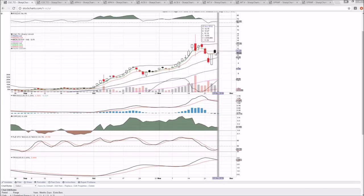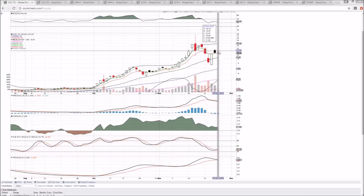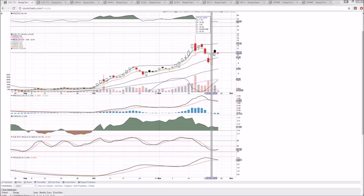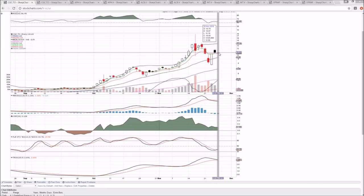So when you see a gap up of 10%, you do not want to be buying that gap up, especially after you saw 25% the day before. So essentially, you're buying into a move. If you bought that gap up after a 35% move to the upside, clearly you're late to the party, and that is chasing. So the gap up open day was a day for selling, and that's exactly how it played out. The gap filled to a penny, and then we saw a little bit of consolidation today,